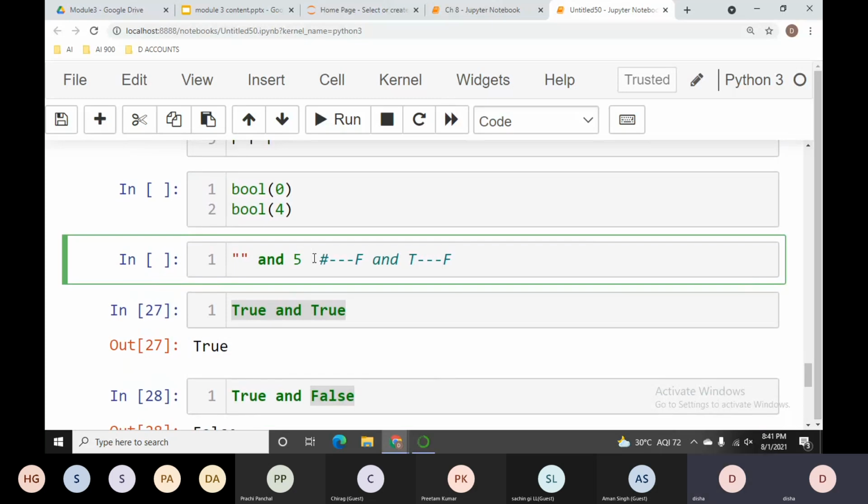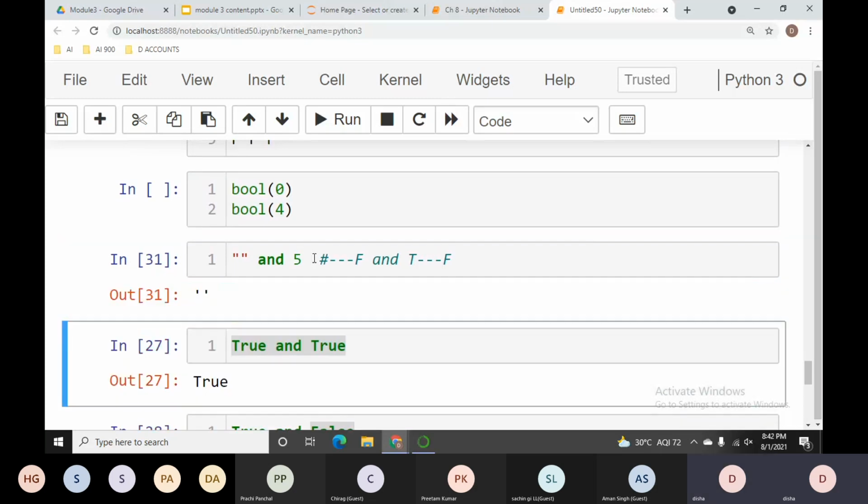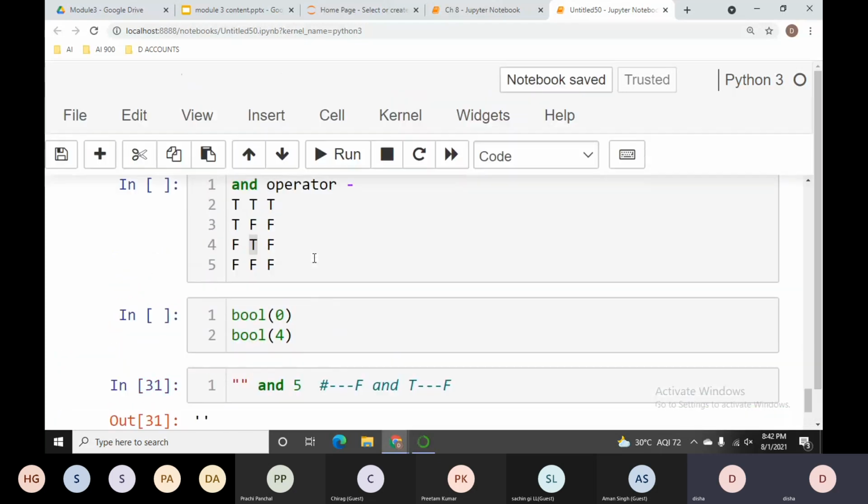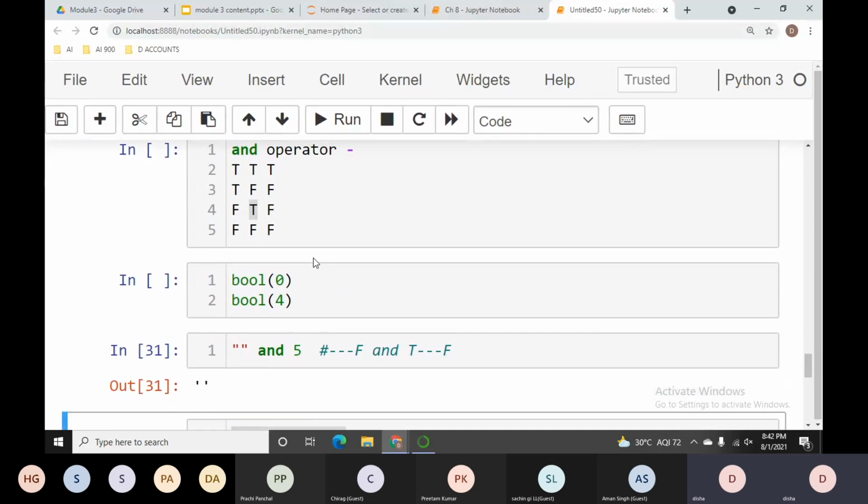I will get the result. This is double this string, this double quotes, this blank string I will get on my screen. So that's why I was pressurizing on the operands. So you just take care of the operands. When we are talking about some values of the operands, at that time you will focus on the operands, guys.